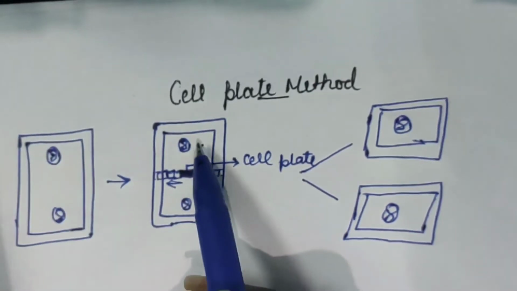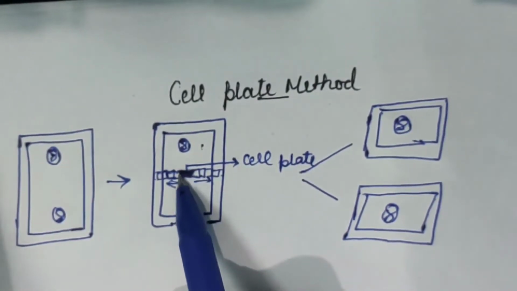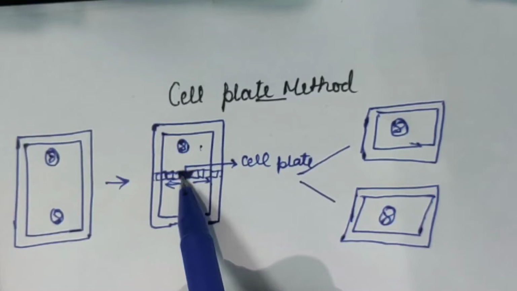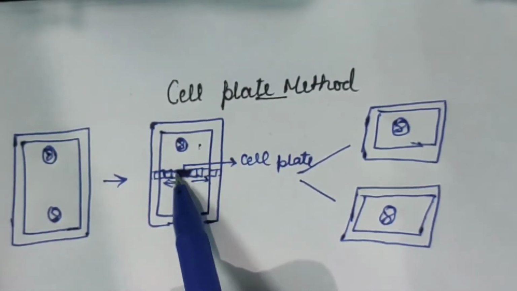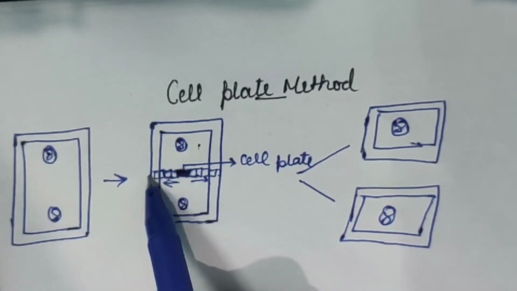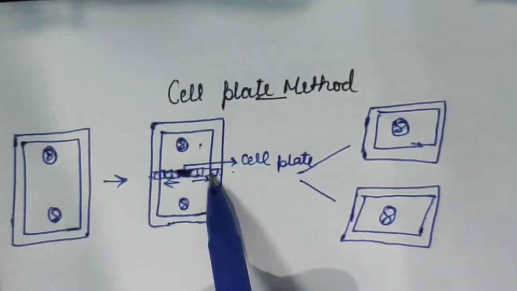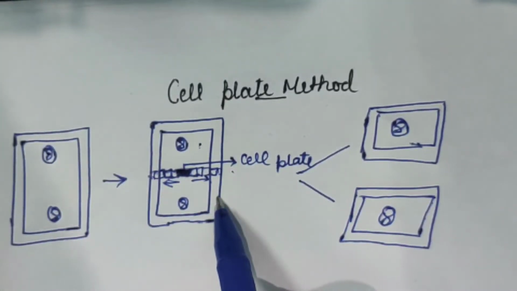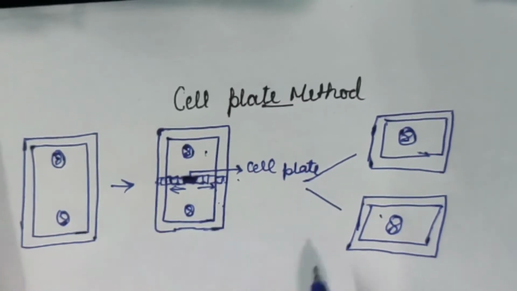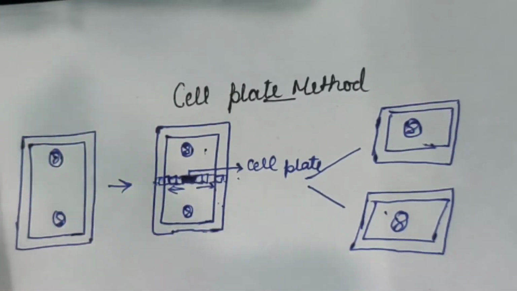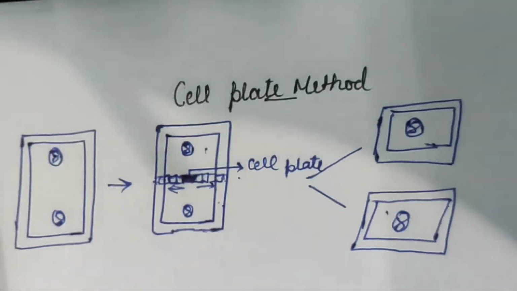Okay, just to equalize the amount of cytoplasm. That's why they are going to be cementing at the middle of a cell, right? So at the middle of a cell, and slowly that cell plate starts moving towards the periphery, and whenever it reaches the cell wall on both of the sides, then from that part the cell is going to split or divide into the two daughter cells. So in this way the cell plate method is going to be completed in the plant cell.